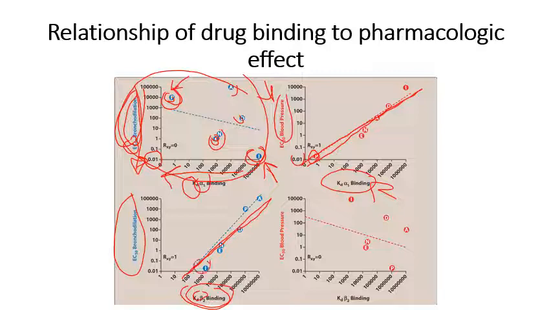Here, for example, isoproterenol is the drug with highest affinity for binding with beta-2 receptor, as it has the lowest equilibrium dissociation constant with beta-2 receptors, and it has the highest effect on the physiological response, as it has the lowest EC50 value, which means that isoproterenol can bind efficiently to beta-2 receptor, and at the same time it has the strongest effect on producing bronchodilation, as it has a low EC50 value compared with, for example,